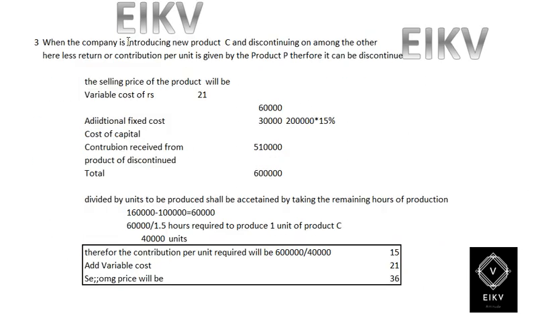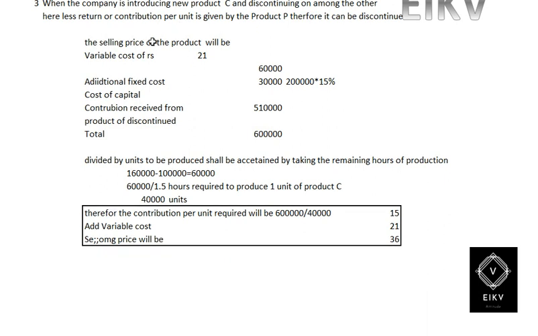Going further, in the third part of the question, they have asked us to substitute product C for the low profitability product, which is product P. So product P shall be discontinued and product C shall be adopted. Therefore, the computation of the selling price of product C: the variable cost is 21 per unit,